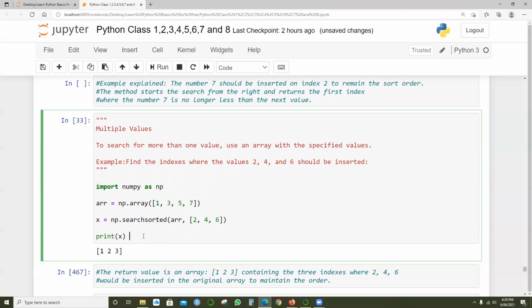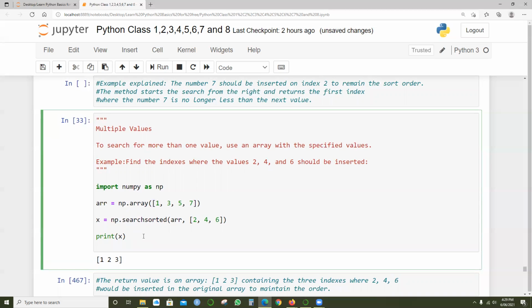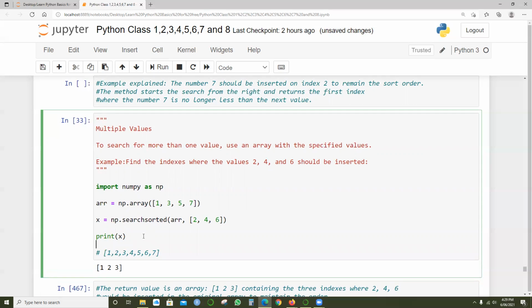Look at this example: 1, 2, 3, 4, 5, 6, 7, simple, just 1 to 7. When I type 1 to 7, look carefully. This is the 0th index, and when we put these numbers in order, this is the first index. If I want to insert 2 here, 2 will be at the first index. That is what it's trying to print. And 3, we already have it here. Then the 4th.